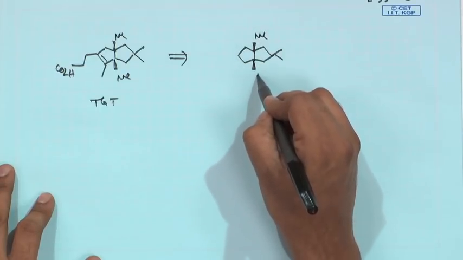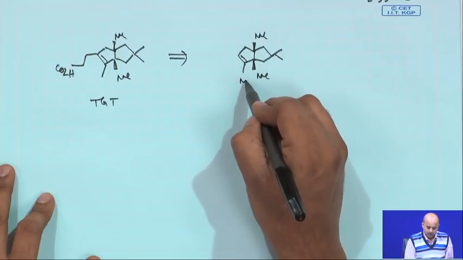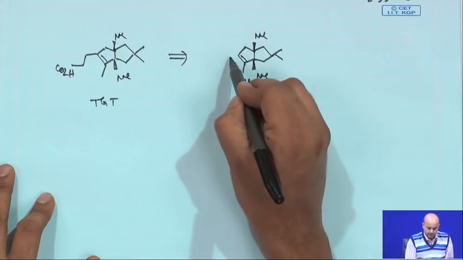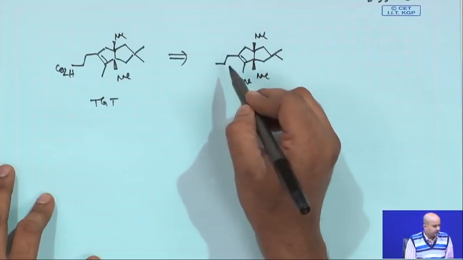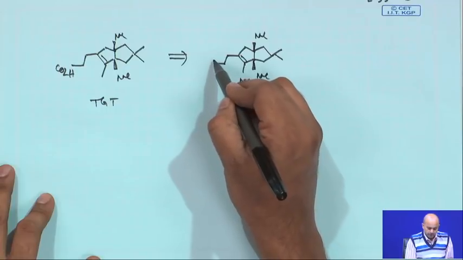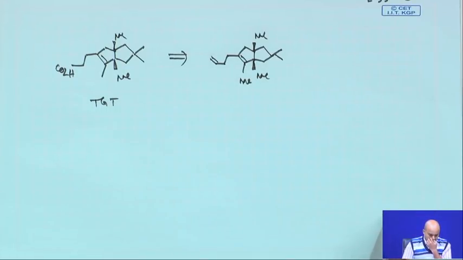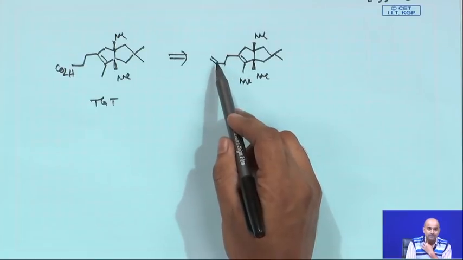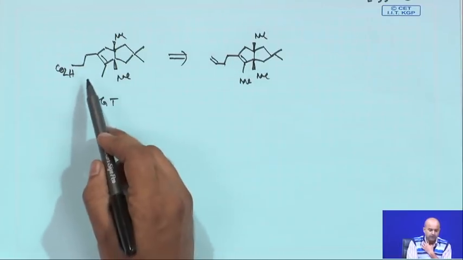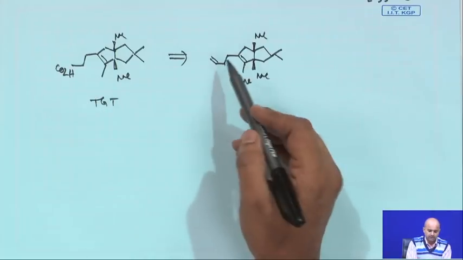If the starting material was not given to you, n number of pathways are possible and then you have to analyze all the pathways, and that often takes longer time. So, for people like you who are beginners in this field, I will always try to provide the starting material. The starting material which was given to you is basically a homoallyl appendage. Now, if you try to correlate through a skeletal disconnection, you will find that this